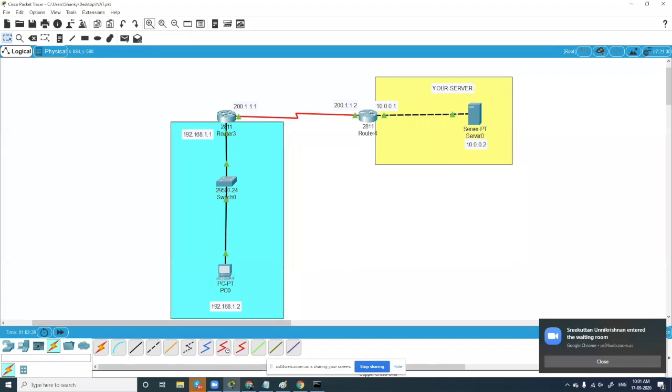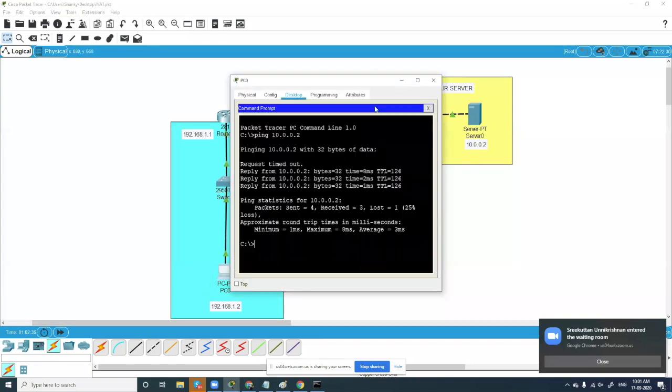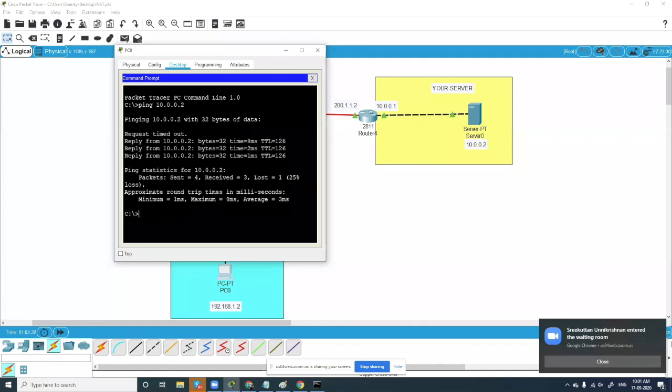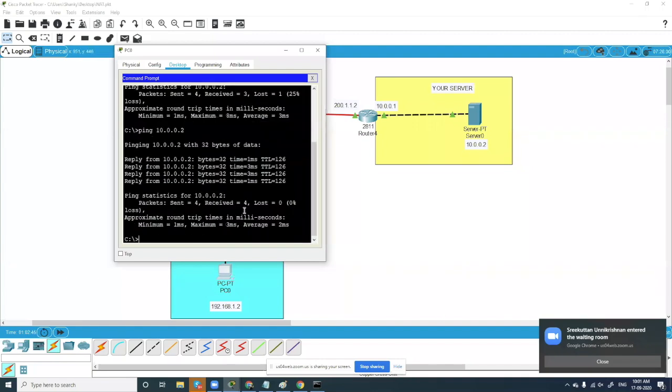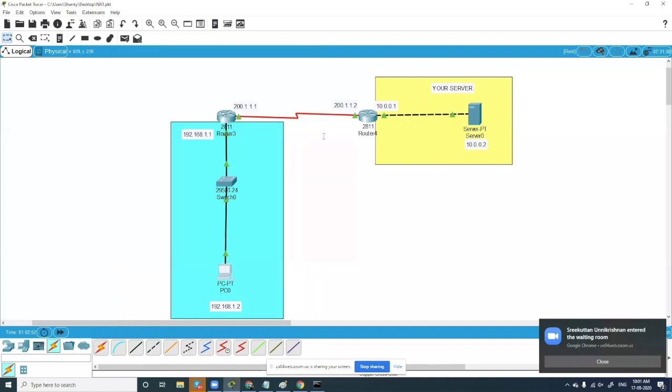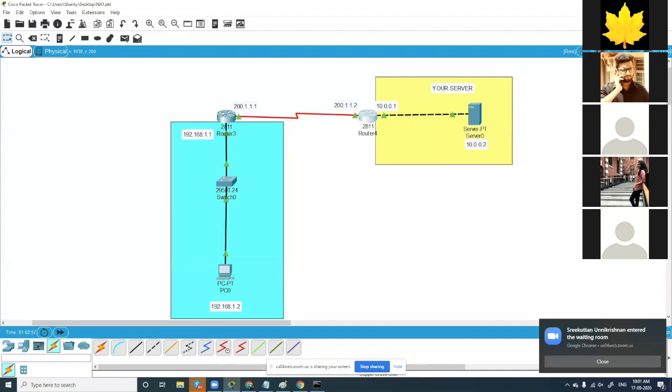So in this diagram, if I try to ping 10.0.0.2, I'm getting the reply from 10.0.0.2. So now let's configure NAT in which router? In our router here, because this is our server here.